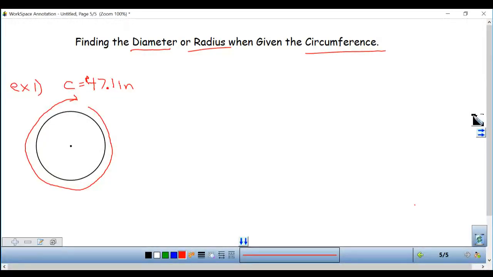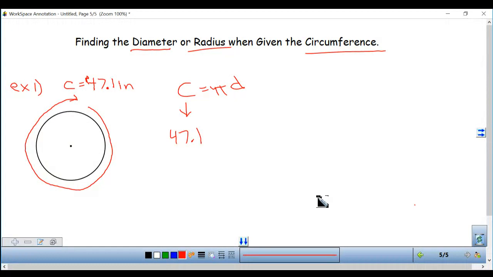So now things have changed. This time I'm given the circumference and I want to find the radius, or we'll find the diameter first and then the radius. You're given circumference, use the circumference formula. Use the tools you're given. If the only thing you have is circumference, well, we're going to start with a circumference formula. C equals pi times diameter. Well, now I'm trying to find diameter. So I'm going to leave the D for diameter. And I have circumference. My circumference is